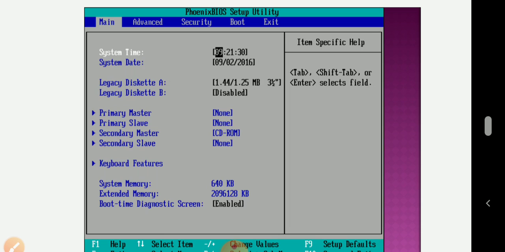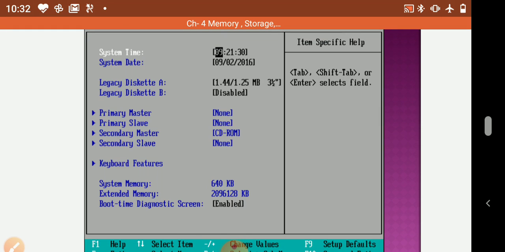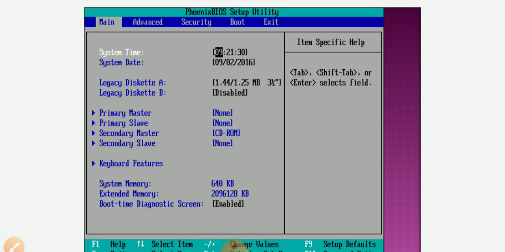Here this is the system time, system date, primary master, primary slave, secondary master, secondary slave, keyboard features, system memory, which shows you the size of your system memory. Extended memory means up to there you can extend your memory. Boot time diagnostic screen. So you can easily see your BIOS settings, and your BIOS settings are stored permanently. You never change your BIOS setup.